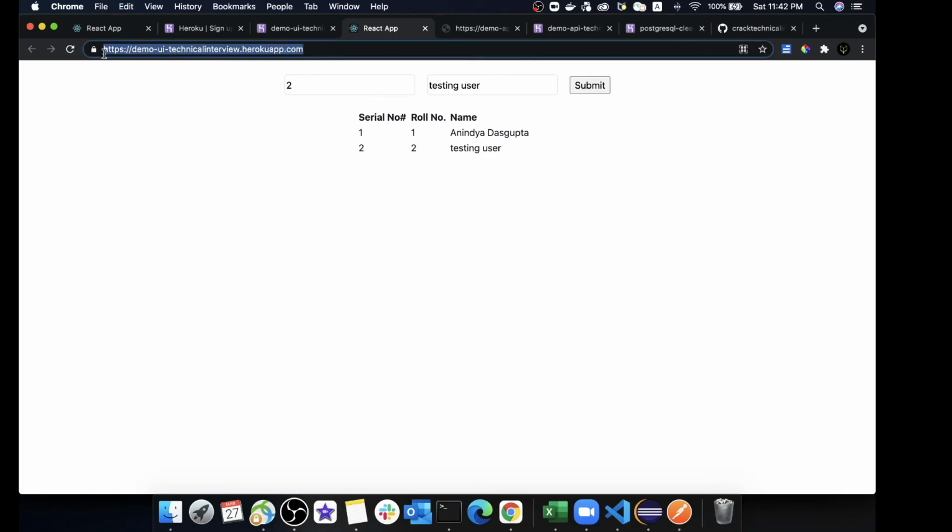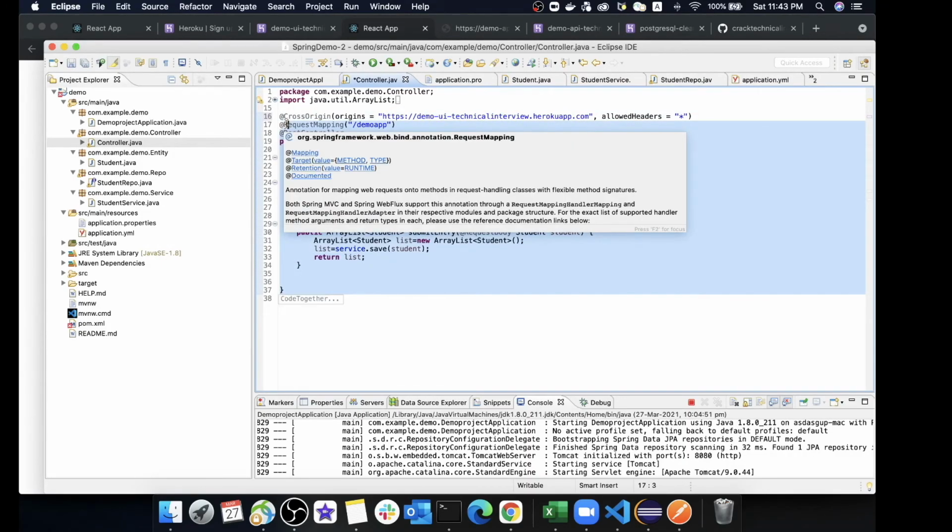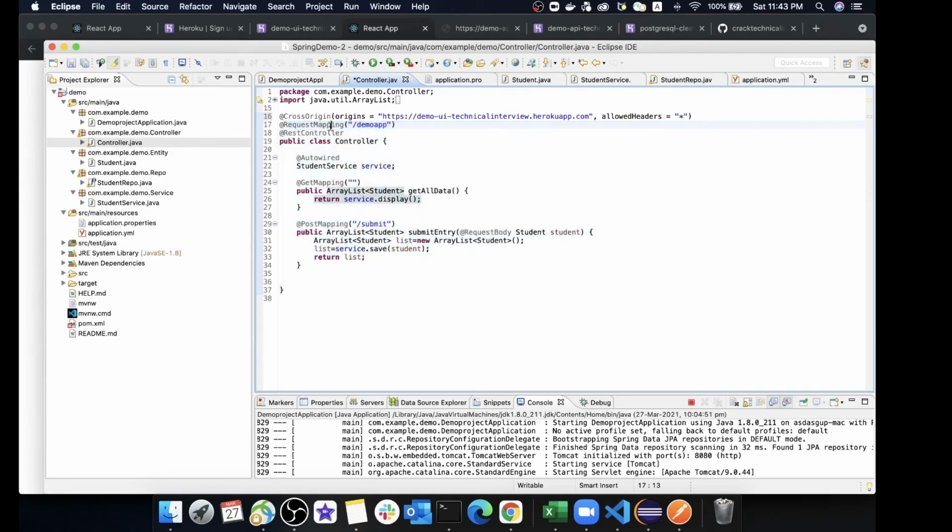We'll go to our application, and instead of giving star, we will provide this URL, meaning any request coming from this URL should be allowed to access our application. Otherwise you should get the CORS error, because our data is secure and we should not allow any other UI to access our data. I hope this is clear to you.